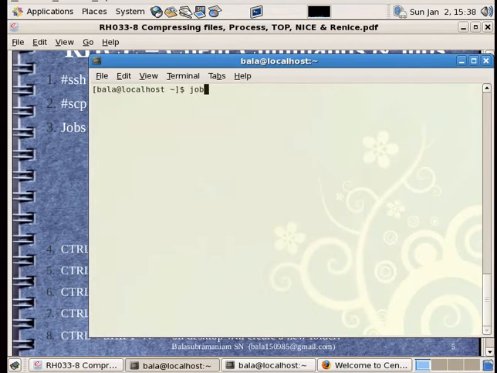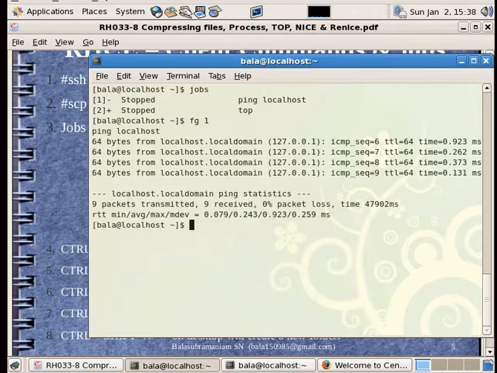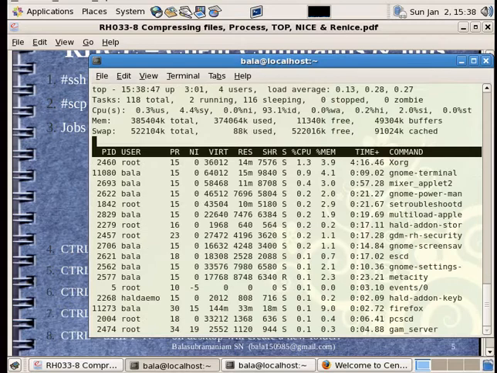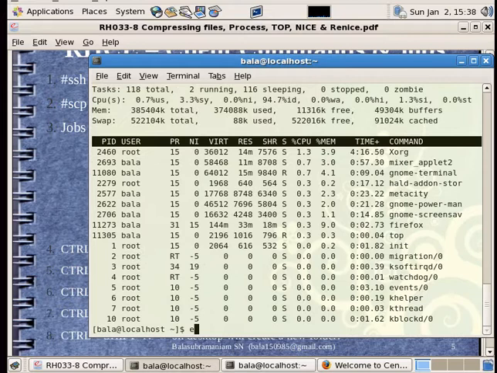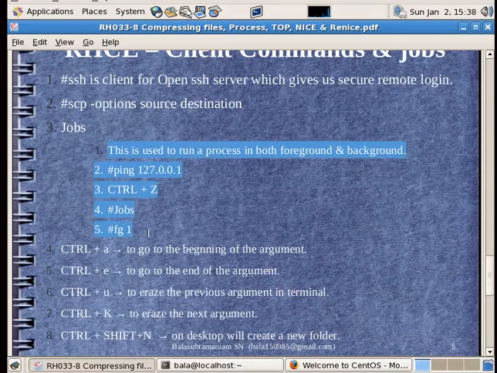So you think that those two commands have disappeared, but they're still running. I can find that with the help of jobs. It's showing the commands. If I hit fg, bring to foreground number 1, it will show me the ping. Let me hit Ctrl C and stop it completely. If I hit jobs once again and hit fg, bring to foreground number 2, my top command is here. I need to hit Q and exit right now. So I have shown how to use the jobs command.